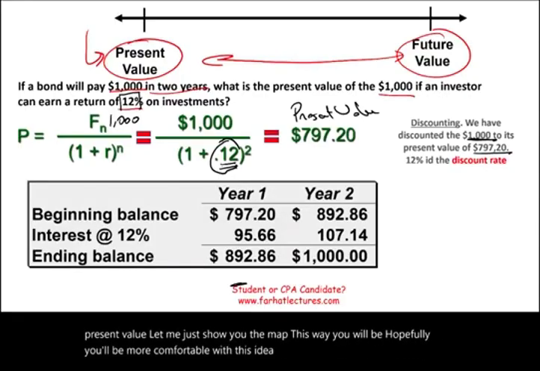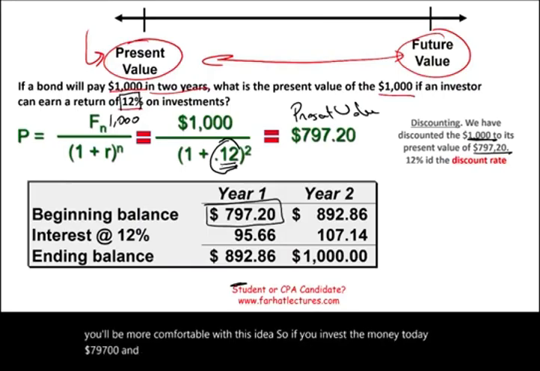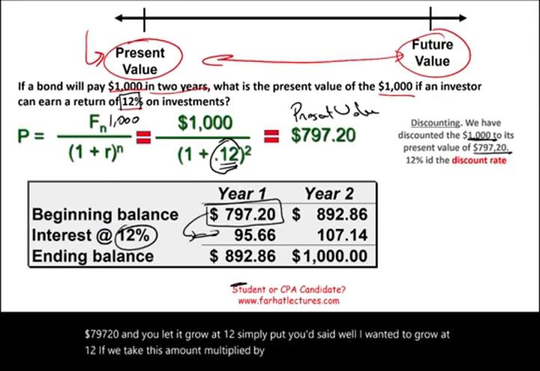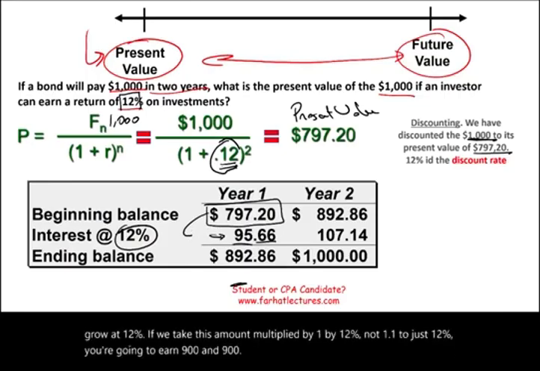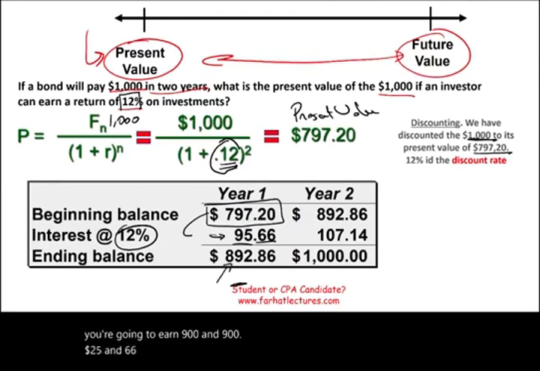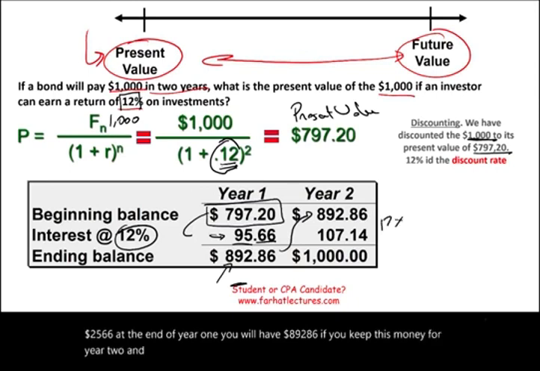So if you invest the money today, $797.20, and you let it grow at 12%. Simply put, you said, well, I want it to grow at 12%. If we take this amount multiplied by 12%, not 1.12, just 12%, you're going to earn $95.66. At the end of year 1, you will have $892.86. If you keep this money for year 2 and you let it grow at 12%, it's going to earn